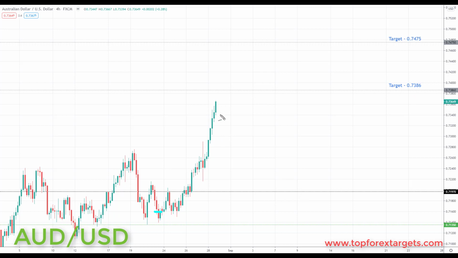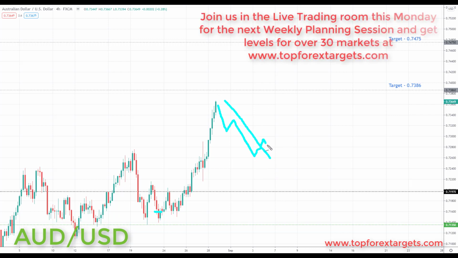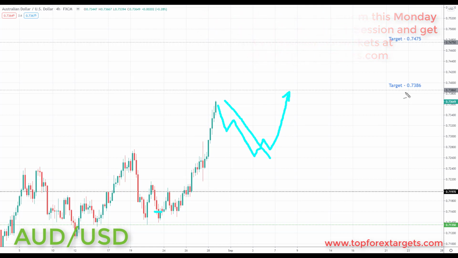So very simply put, any pullback going into this week before we take out the target in Aussie dollar is going to be viewed once again as a buying opportunity, an opportunity to look for bullish setups in this market. And we're going to be looking at initiating longs up towards the next key of resistance to the upside and target 2 from last week, 0.7386. And if we can get a breakthrough here, we're going to be looking up towards the next key of resistance to the upside and target 2, the